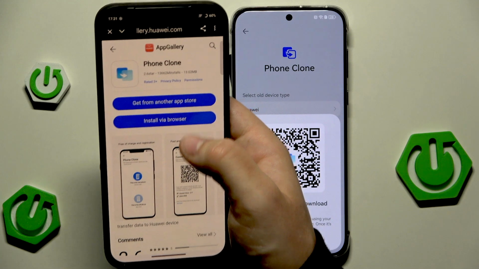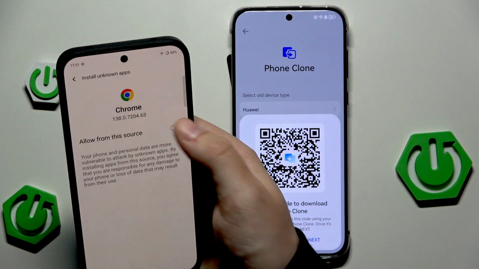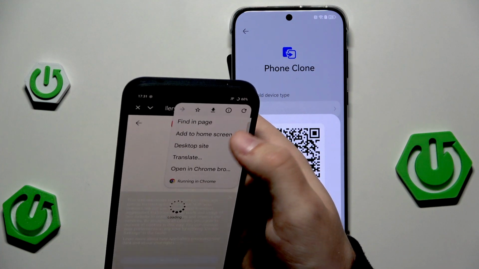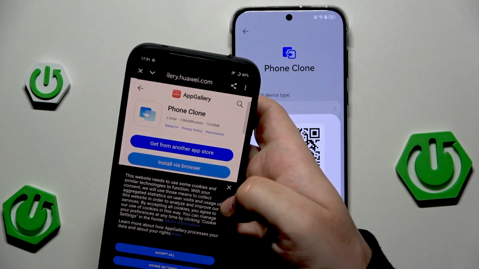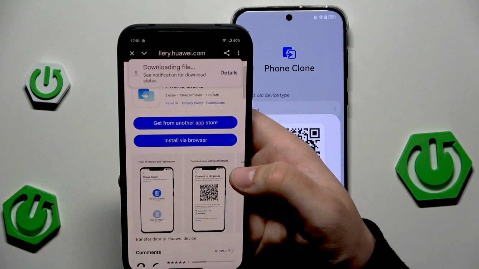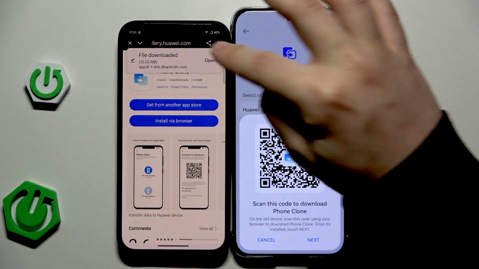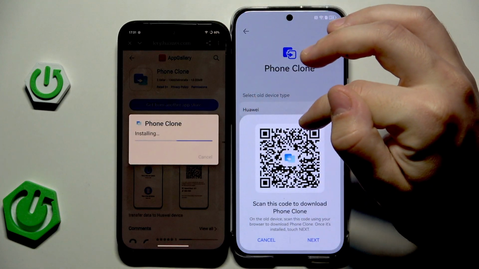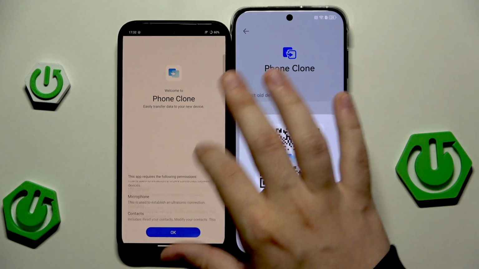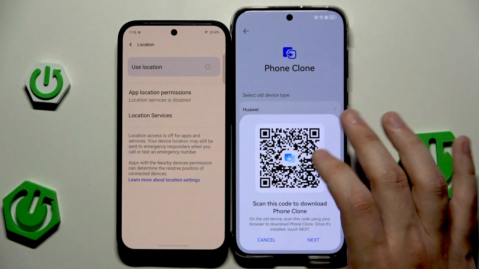Now we need to download this app. Okay, we need to also allow from this source to be downloaded. Let me click on again, click on download, click on download anyway. Okay, it has been downloaded. Click on open, click on install, and click on open. Okay, click on agree, click on OK, select this is all device, click on the settings,